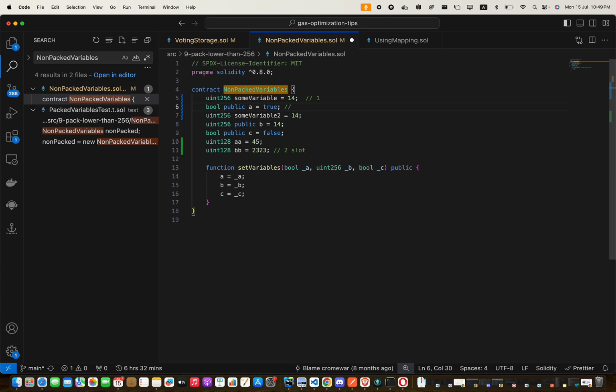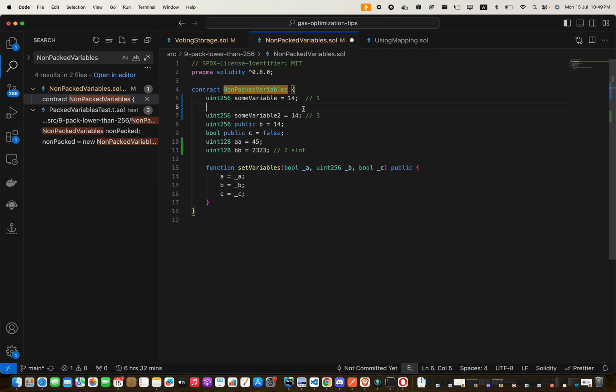ግን it by itself will take another like full slot ይወስድብናል። ምክንያቱም የሚቀጥለው variable 256 ቢት ስለሆነ ከዚህኛው variable ጋር አብሮ ፊት ስለማያደርግ በራሱ ሶስተኛውን ስሎት ይይዛል። ይሄኛው ደግሞ ሁለተኛውን ስሎት ይይዛል። so እዚህኛው ሁለተኛው ስሎት ላይ ወደ 255 ቢት ዌስት እያደረግን ነው። we are only using one bit storage ማለት ነው for the boolean።